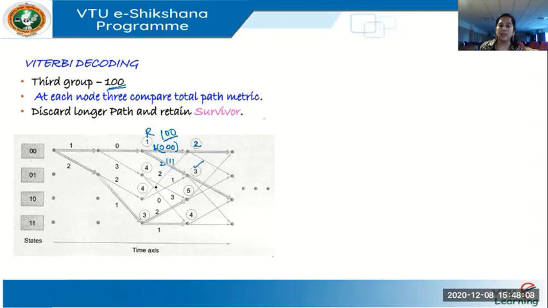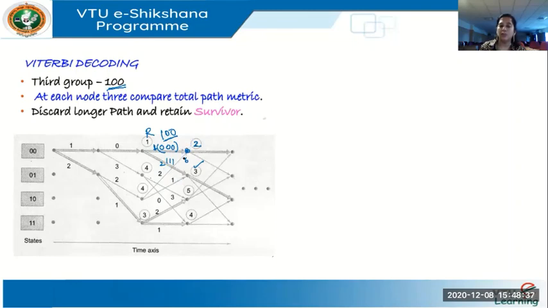And likewise, for each of the paths, if we identify, we'll get the changes. Say here that there are 2 bit changes, branch metric is 2. And here there is 1 bit change. So what happens here? This 4 plus 2 will give me a path of distance 6. Whereas in the same node, I have a path of distance 2 coming straight like this.